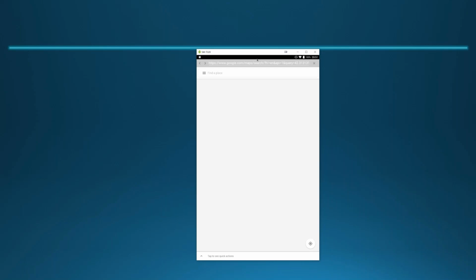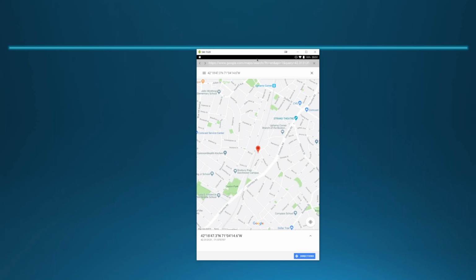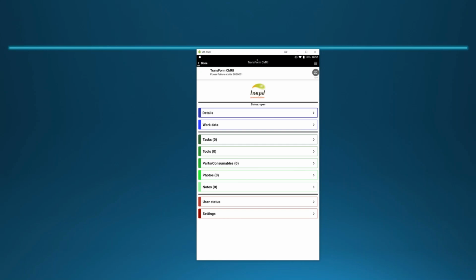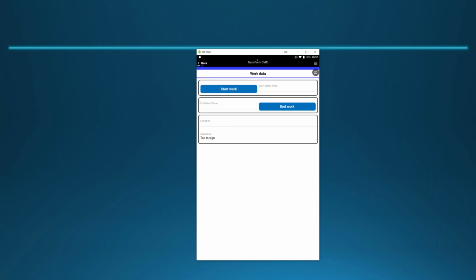For those of you who've been watching Transform Tuesdays, we've shown this before from another form, so I can directly go and get directions for where I need to navigate to get to the site. Now, I also have work data. So I want to mark the start of my work and the end of my work. And for